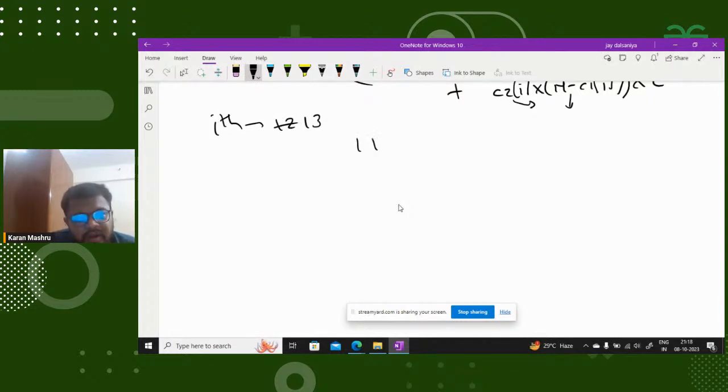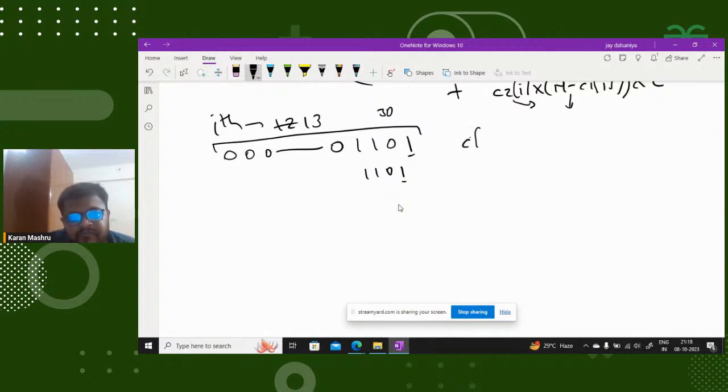It is 1101, 8 and 4 is 12 and 1 is 13, and your remaining 26 bits would be zeros. So I would make a loop of size 30. In the first step I will get the 0th bit, right? This is 1101, so I will say C1 of 0 plus equals A of